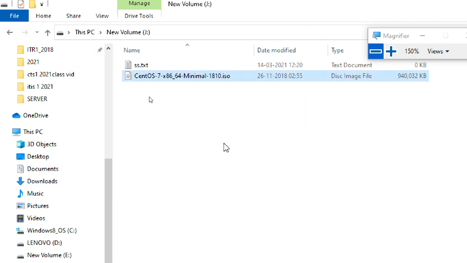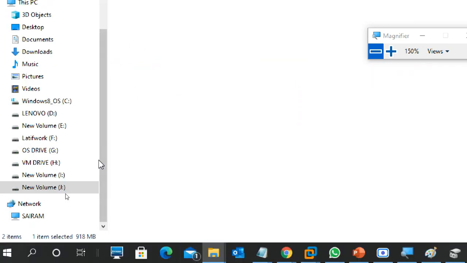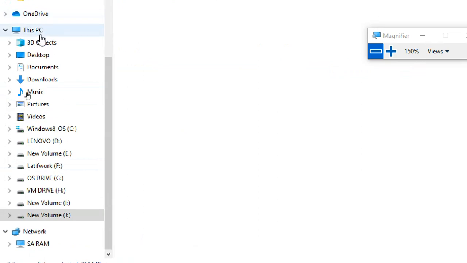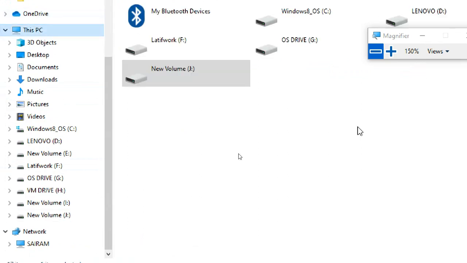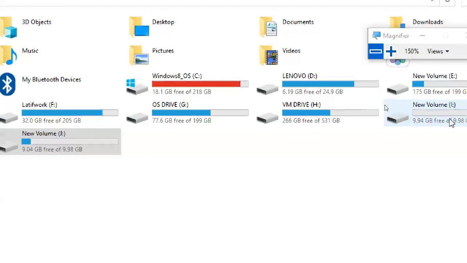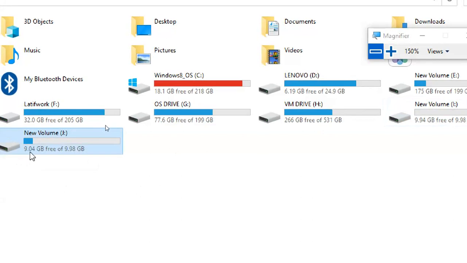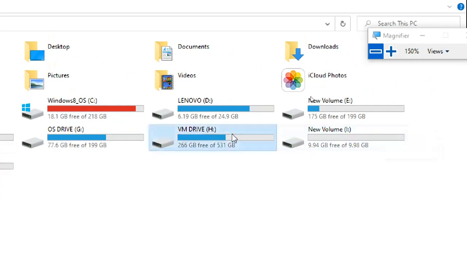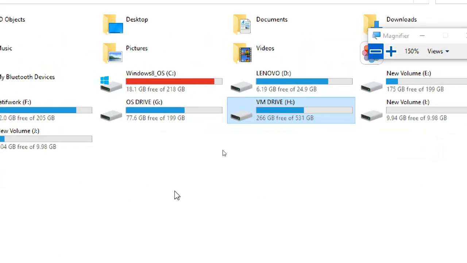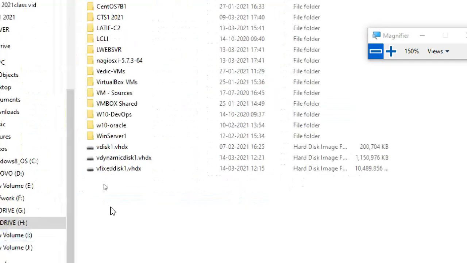Copied, successful. Now you can see this PC. You see this J drive? It shows something is occupied. H, it will become 268 is there. Now around 2 GB is reduced from it.